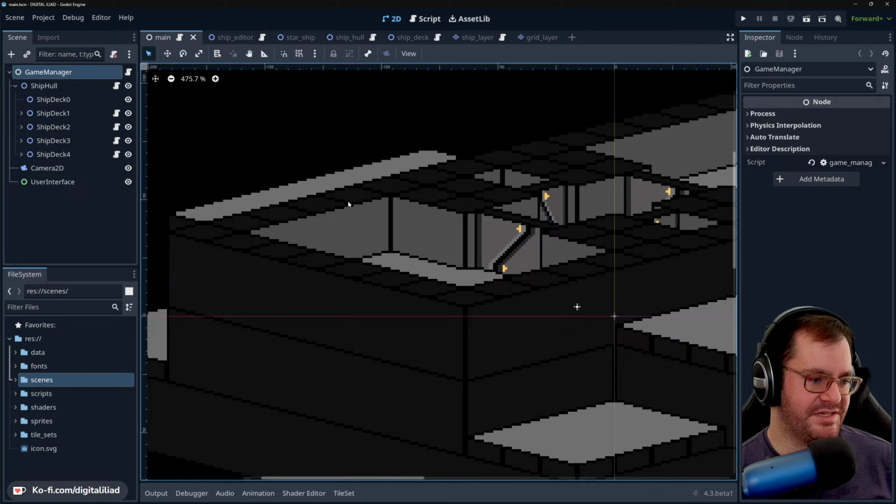Well, and also we need the floor layer and the wall layer to be separate, because when we're doing the cutaway,